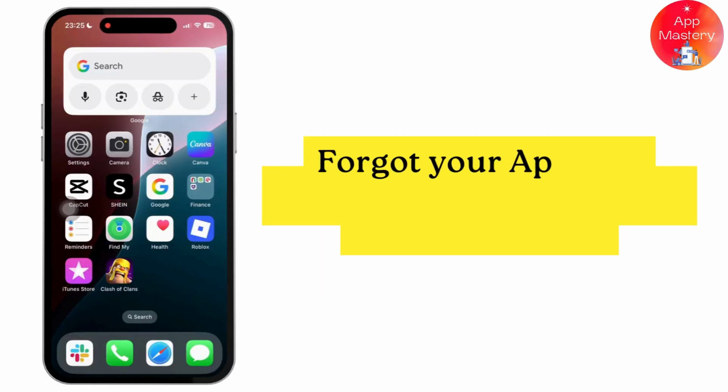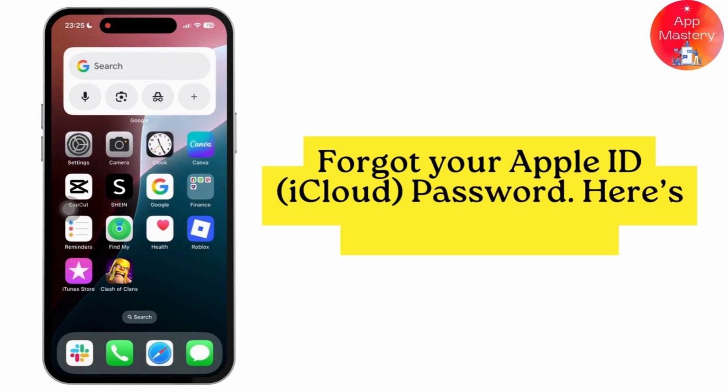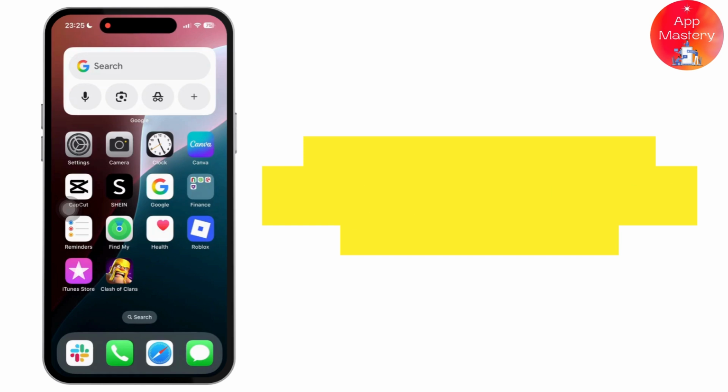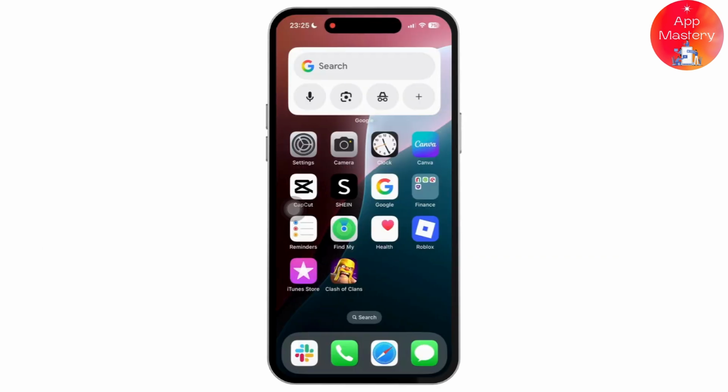If you forgot your Apple ID iCloud password, then here is how to reset it quickly and securely. So let's get started. First of all, open the Settings app from your iPhone's home